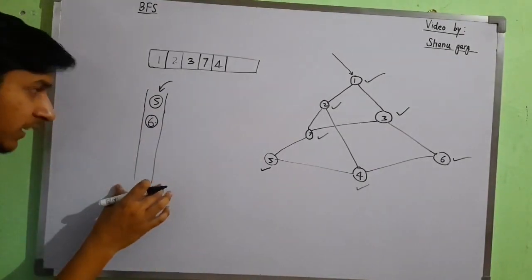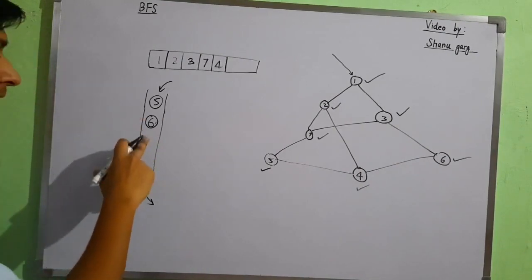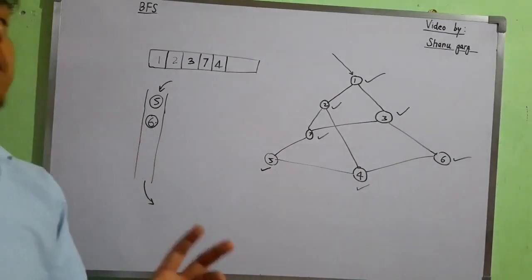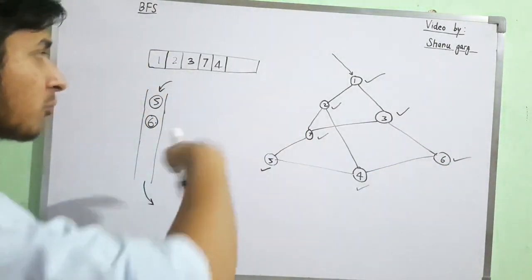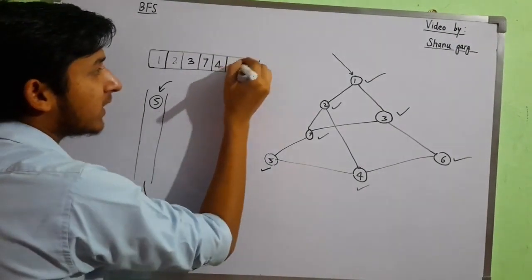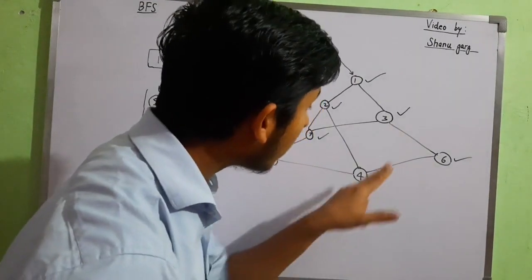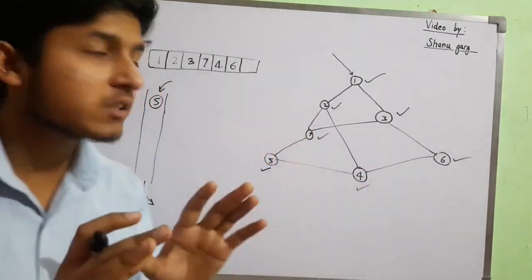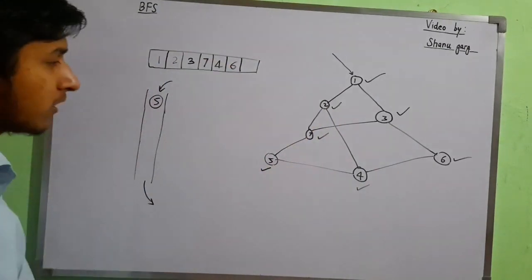Now it will say, 6, tell me the children you have, or any number of children you have, just send those to me and get out of here to the output screen. So 6 will say, okay sir, I'll leave. 6 gets printed, and as 6 has no new children, all of those are already out, so 6 will print now.